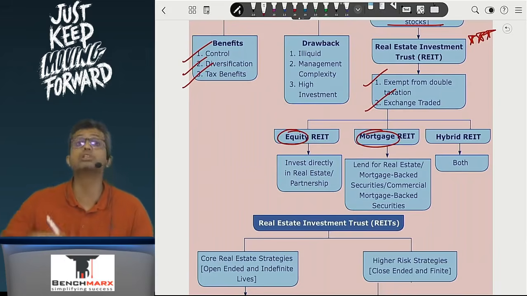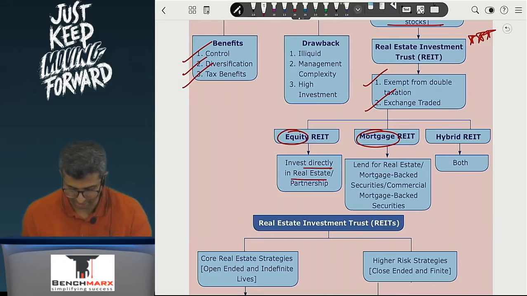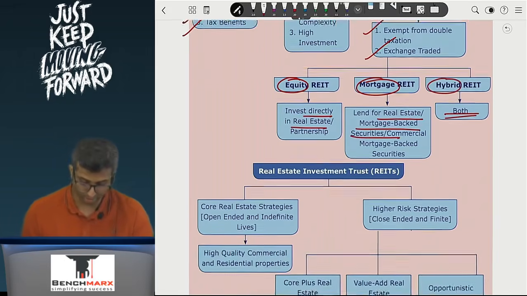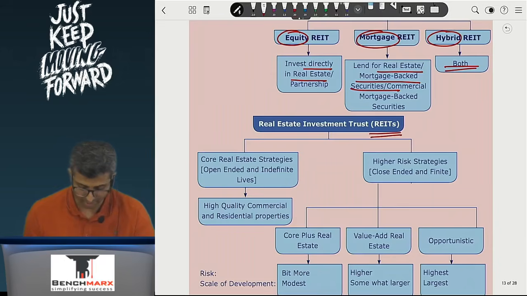In fact, it gives loans and earns interest income. So an equity REIT will invest directly in real estate, and a mortgage REIT will lend for real estate or mortgage-backed securities. A hybrid REIT does both. When you look at a real estate investment trust,